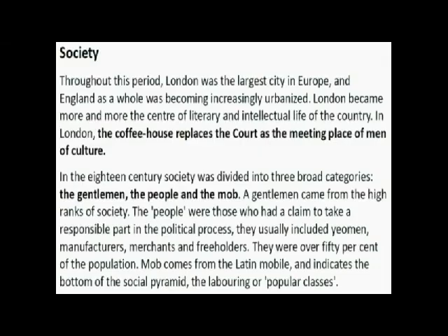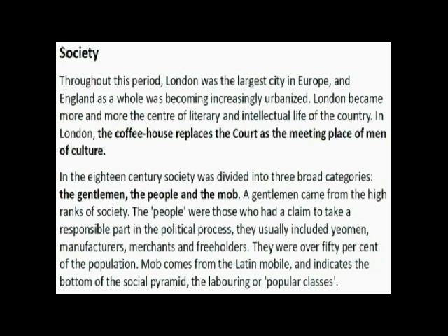Now, the readers in this period, the reading public, was different, increased. Before, in the past, the court was the place where intellectuals met and performed their shows. They had a patron. If you remember, Shakespeare needed a patron, a noble person to support him. But now,